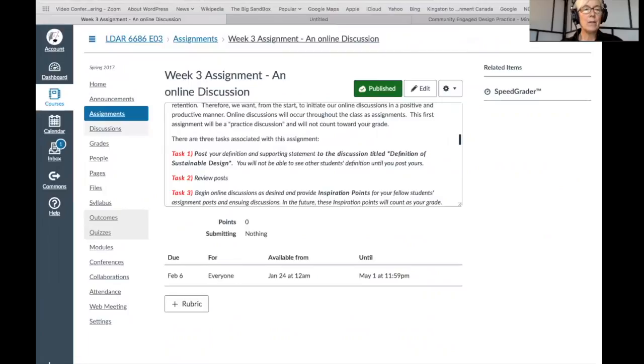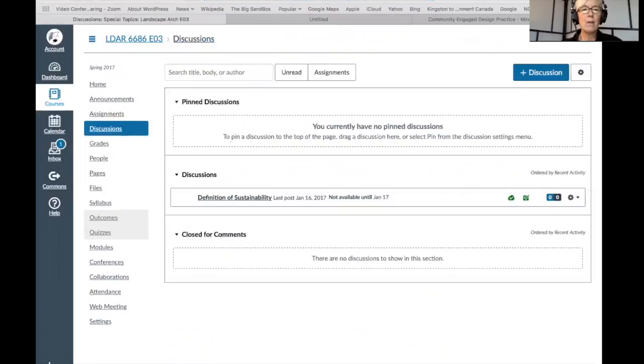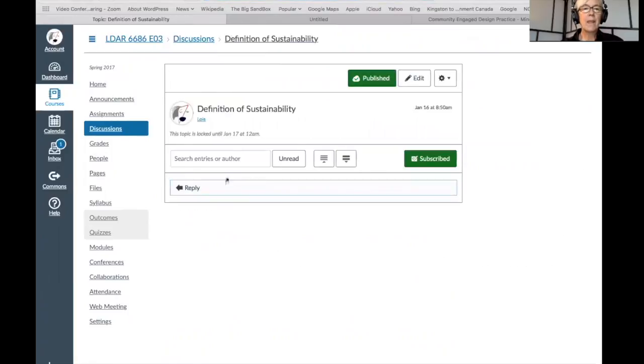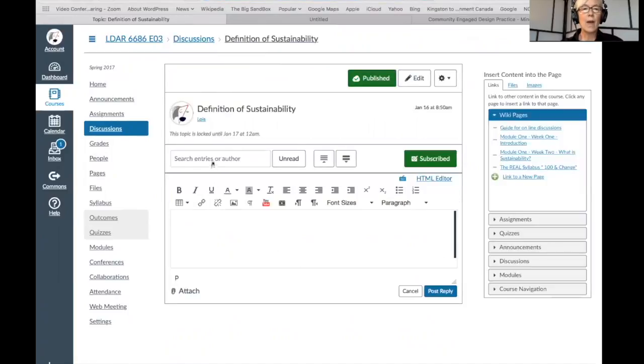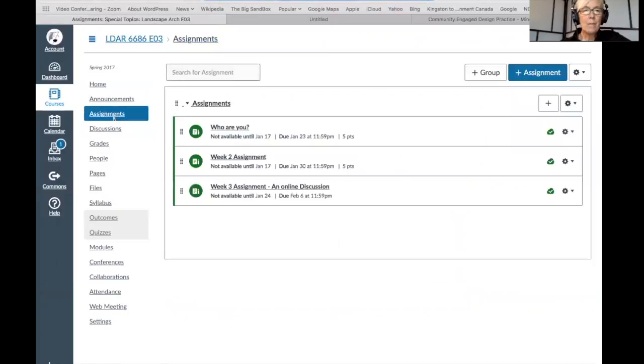So over here are discussions, go over there. There is our discussion item. You're going to click on that discussion item, and in here you're going to post and start entering your information. And this is where we'll be able to start viewing everybody's definitions and their statements about those. Going back here then,